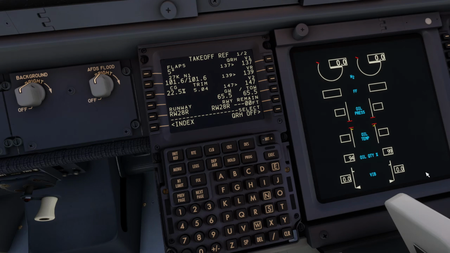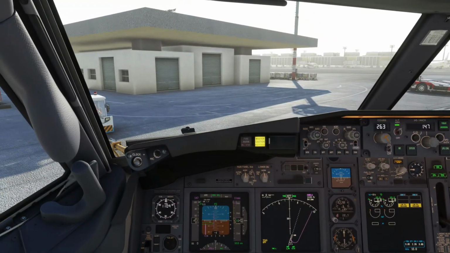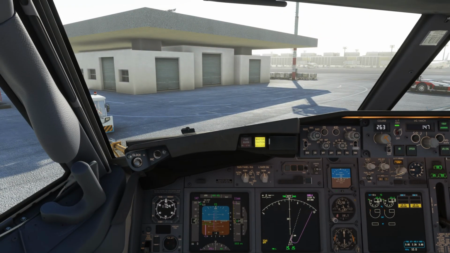And tighten by pulling on the strap. Secure your own mask before assisting others. Your seat bottom cushion may be used as a flotation device. Pull up and remove the cushion. Upon exiting the aircraft,